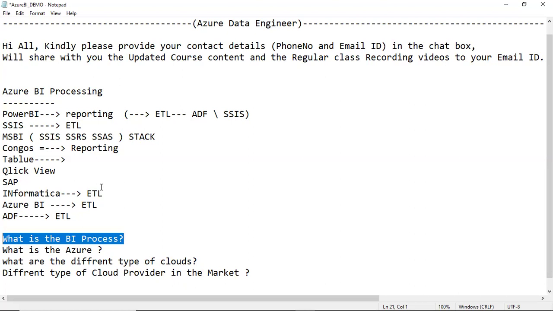We are data analysts and data engineers who provide data to the end users, the business people, with proper information. When you give proper information, they can take business decisions. When you don't provide proper data, how are they going to take decisions?